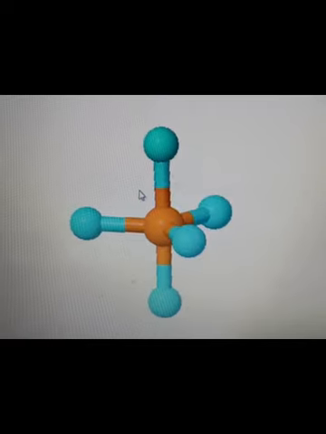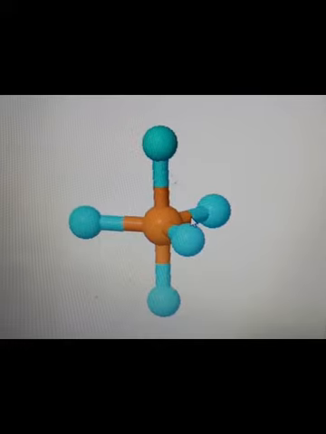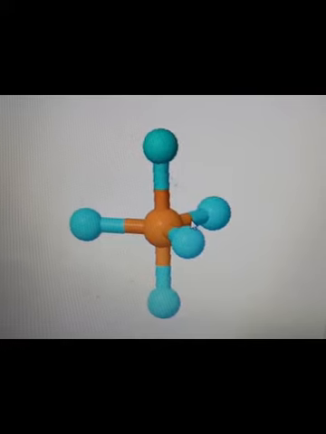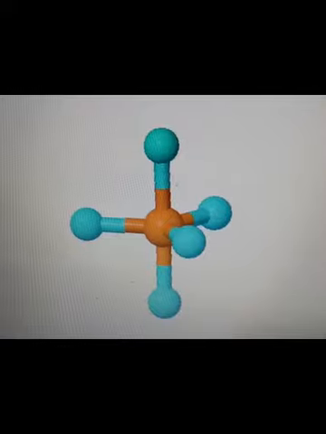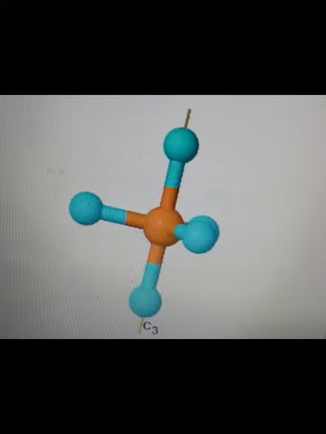Since this comes under the D3h point group, it will have the C3 rotational axis of symmetry with 3 C2s perpendicular to C3, 3 sigma v's and sigma h, and S3 improper axis of symmetry. I'll just show you all the symmetry elements present in it, starting with C3. Here in this trigonal bipyramidal molecule, C3 will be passing through the fluorine, phosphorus and the fluorine atoms, and the rotation takes place along that particular axis.